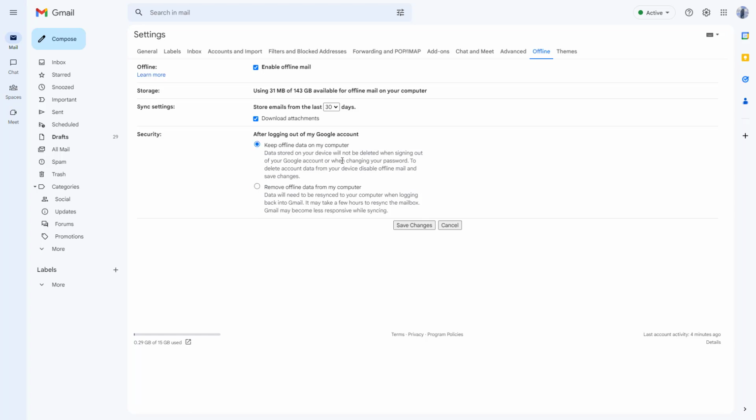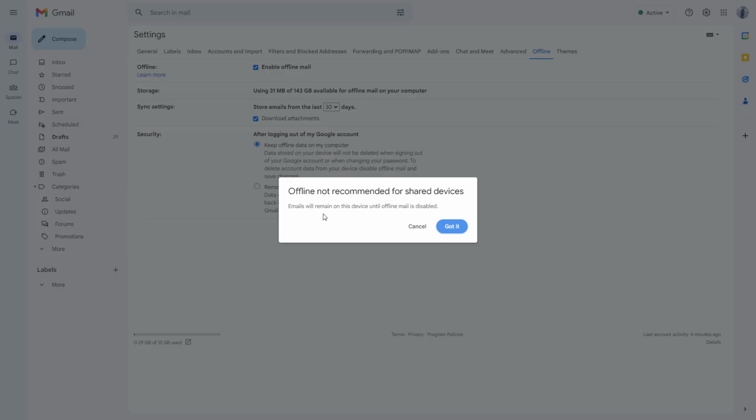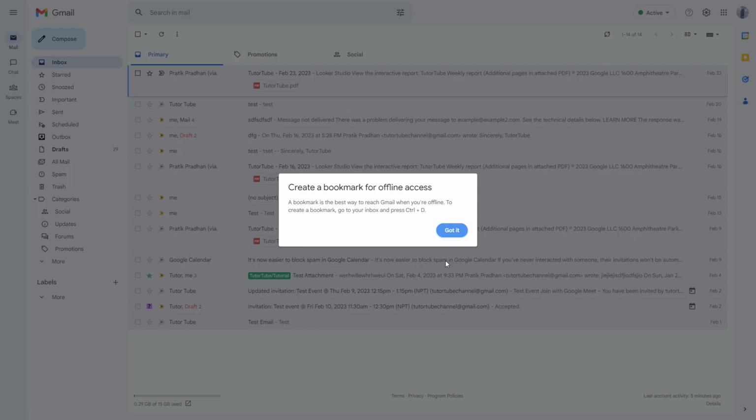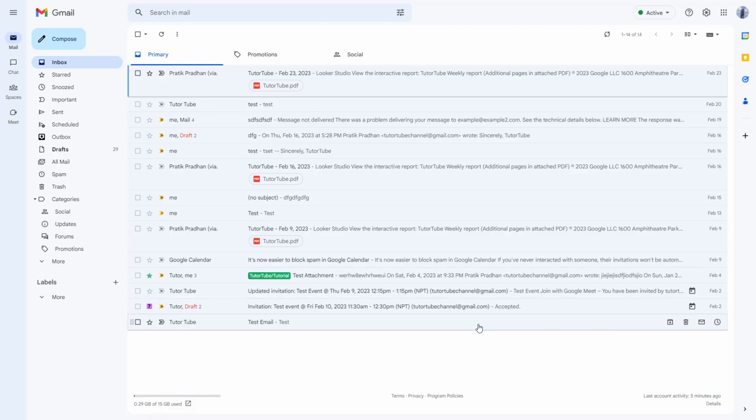I'm just going to keep the offline data so that I can make sure that everything is there. So I'm going to click on Save changes, and it says offline is not recommended for shared devices, meaning if you're using a public computer or an office computer, then it is not recommended to save it. In my case, I'm using my personal computer, so I'm going to say Got it, and Gmail restarts, and whatever emails you access and emails that you send or receive will be saved offline. So even if you do not have access to the internet at some point, you can still access your contents